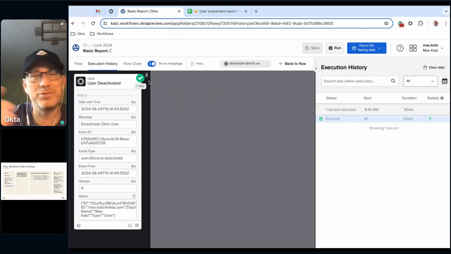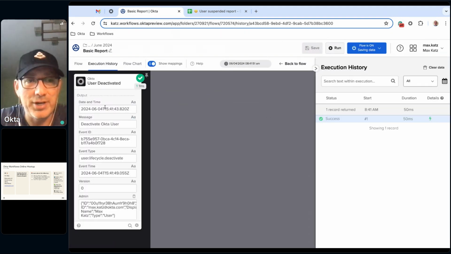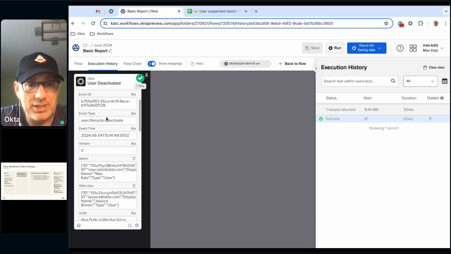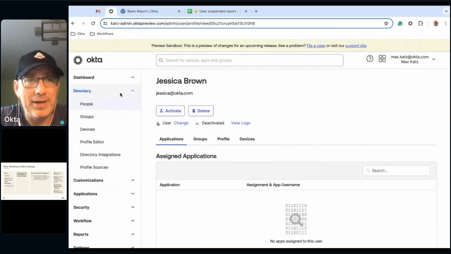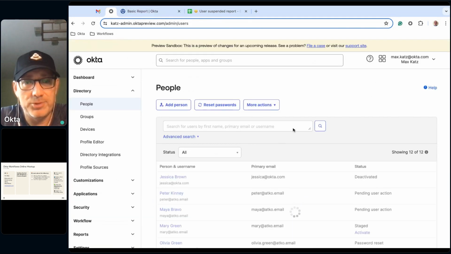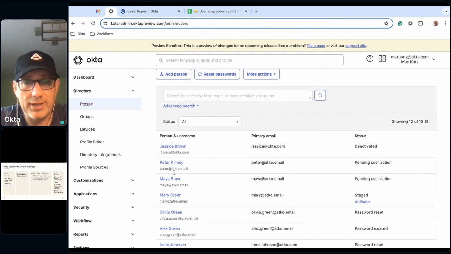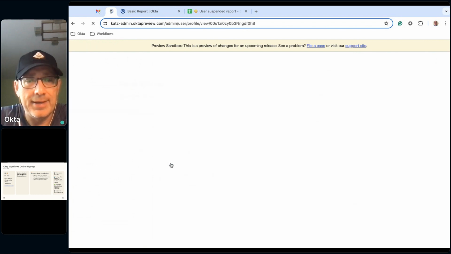So you refresh the page and then you can see the history. So this is what I said, so you can see the data. We only have one card, but as you can see all the event information. Okay. Now if I went back and let's choose another user, so we'll take Peter here,